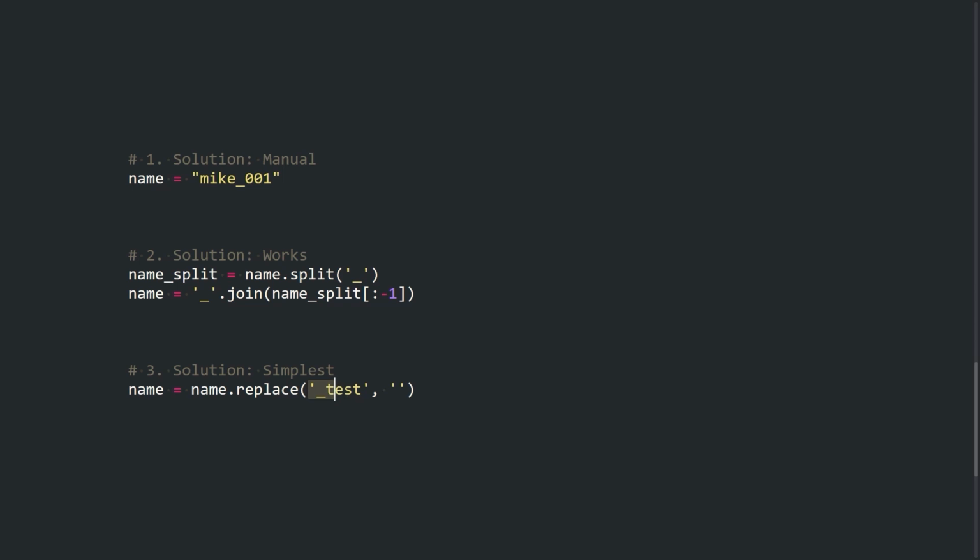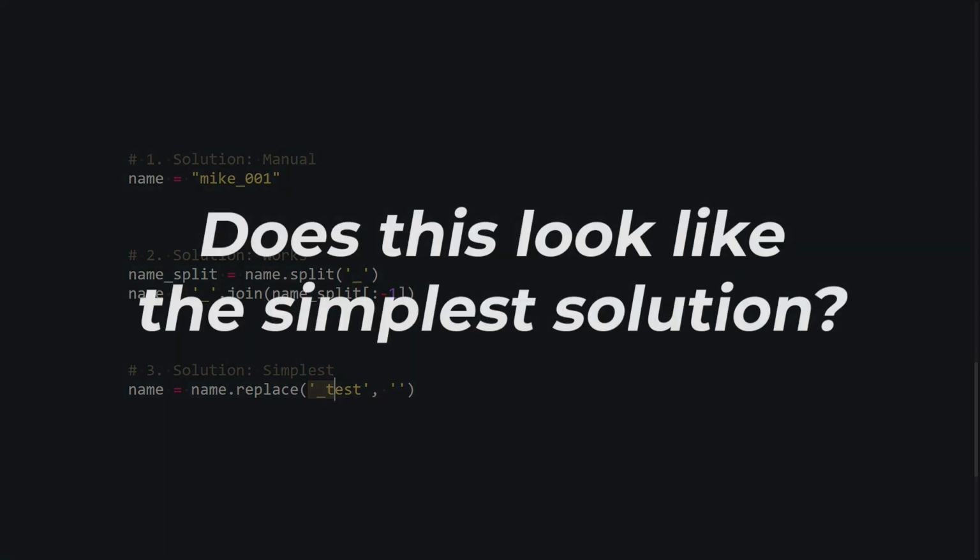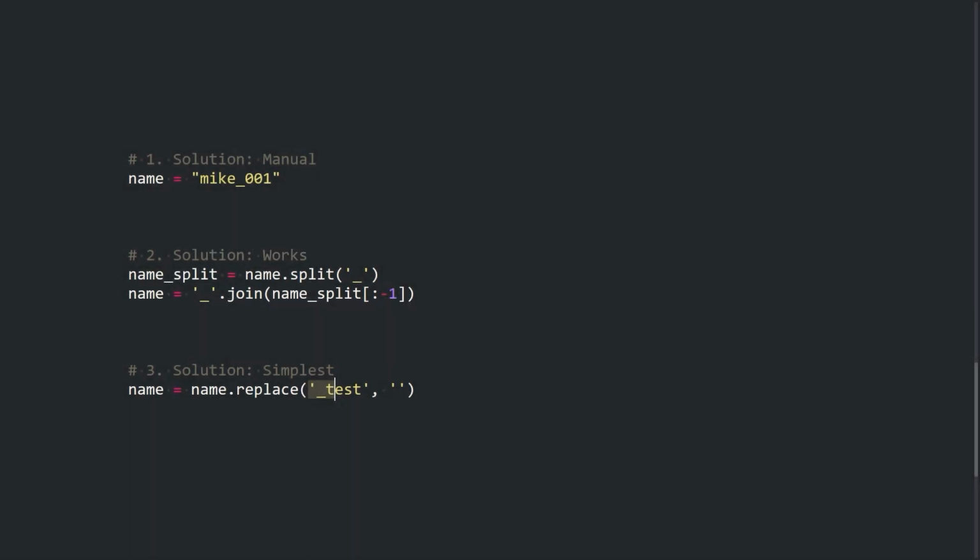We get to the best solution by thinking about the easiest way that we can solve the task and then start coding. If we solve the problem, we look at our solution and ask ourselves, does this look like the simplest solution? And if the answer is not yes, we think about other ways to solve it. I hope that this gave you a feeling of why abstractions and patterns are so important for scripting. And don't worry if you don't get it the first try. The most important thing is to practice and to get a feel of how to write code that can solve similar problems.